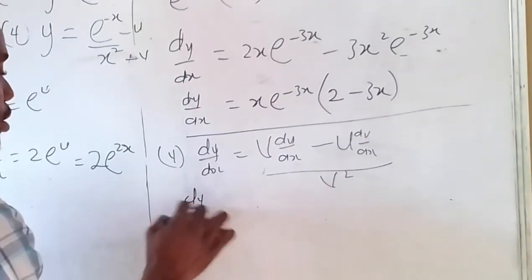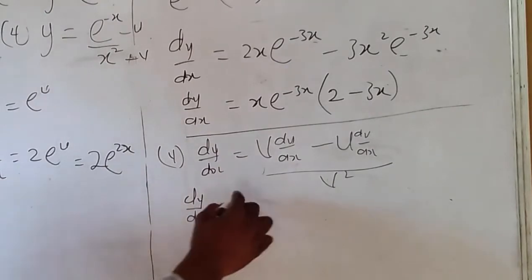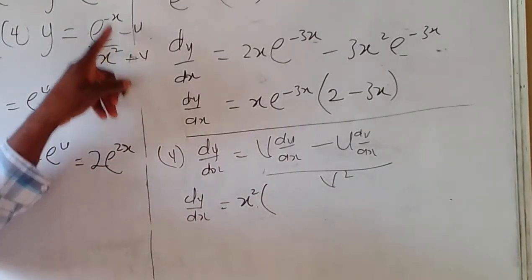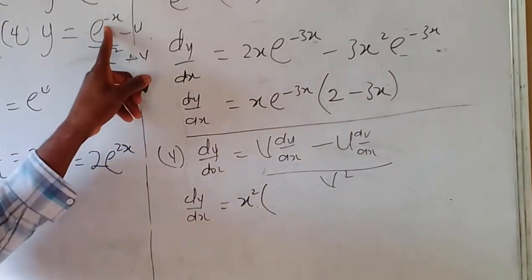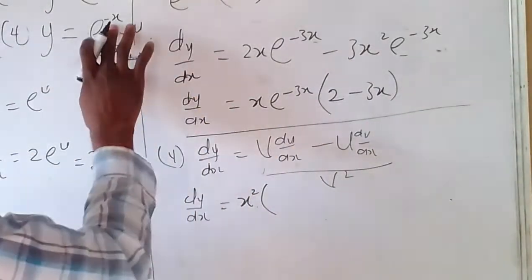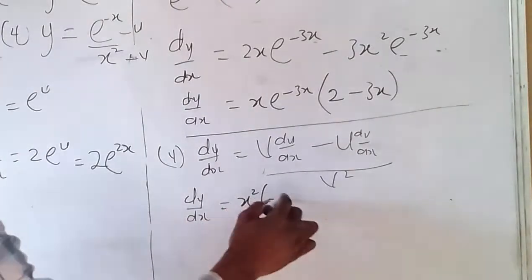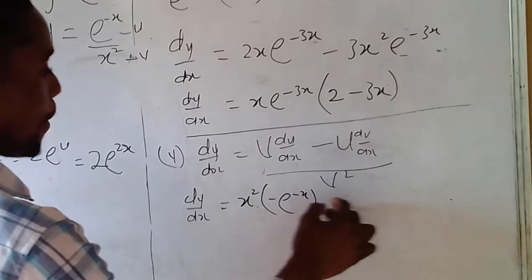Where my v is x squared. du/dx, this is exponential minus x. That becomes minus 1 times exponential minus x, because the coefficient of x in exponential minus x is minus 1. That becomes minus exponential minus x. Then minus